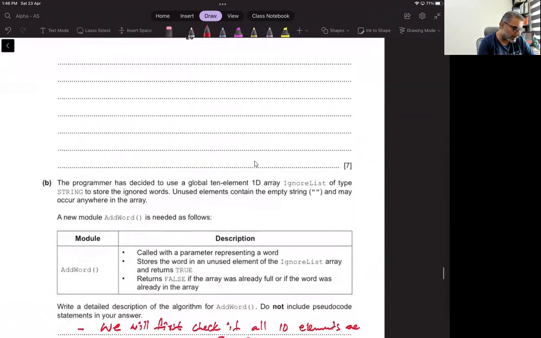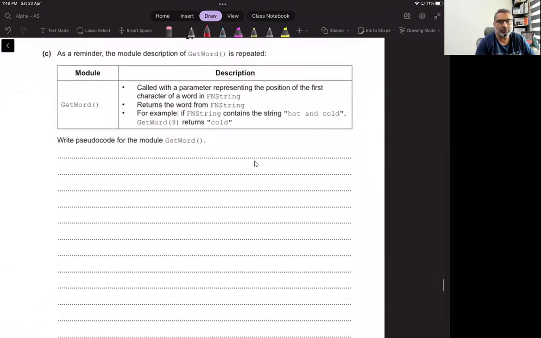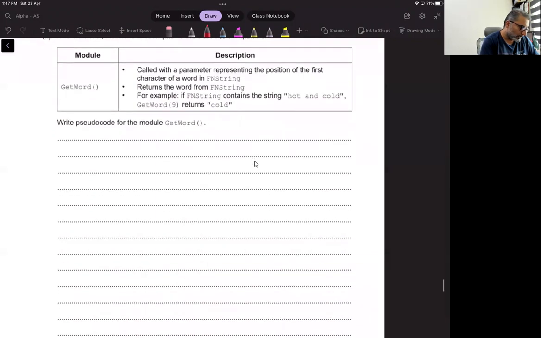With that start of the character, we now call get word to get the word. It returns the word from FN string. For example, if FN string contains the string hot and cold, get word 9 returns cold, whatever the position. So now